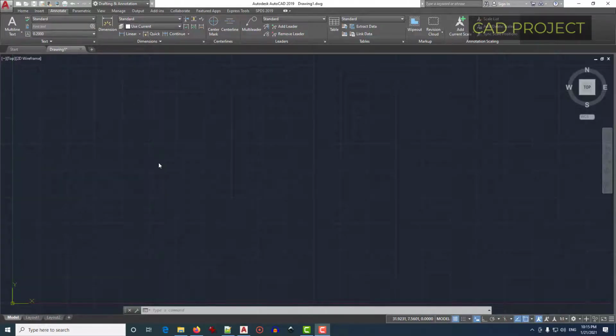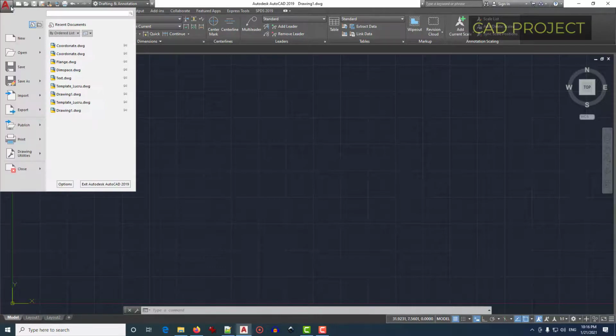In this video you will learn something about the AutoCAD 2019 interface. It will be the same with AutoCAD 2020, 2021, and possibly the next years will not change the interface a lot. So starting from top left we have this A icon from AutoCAD,